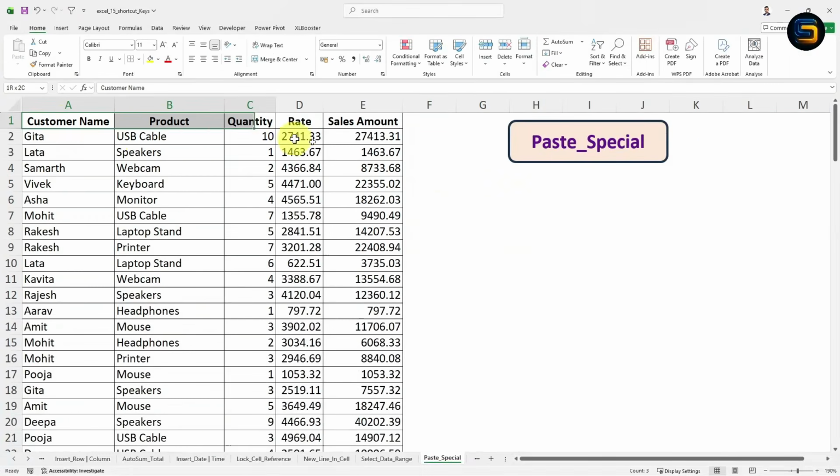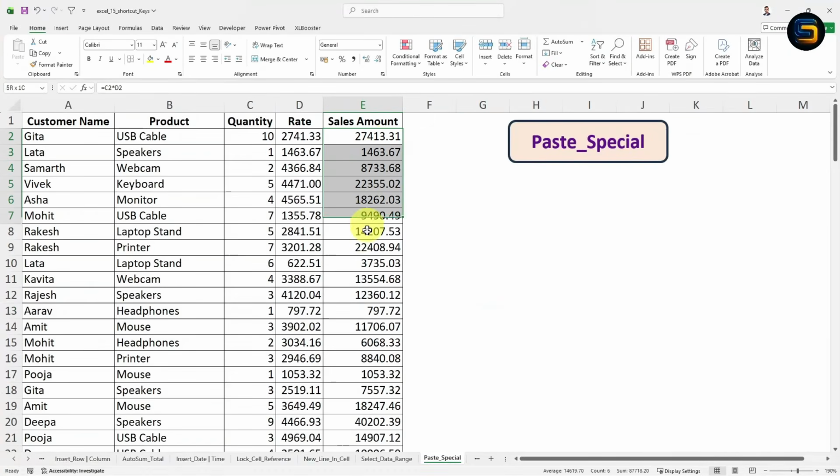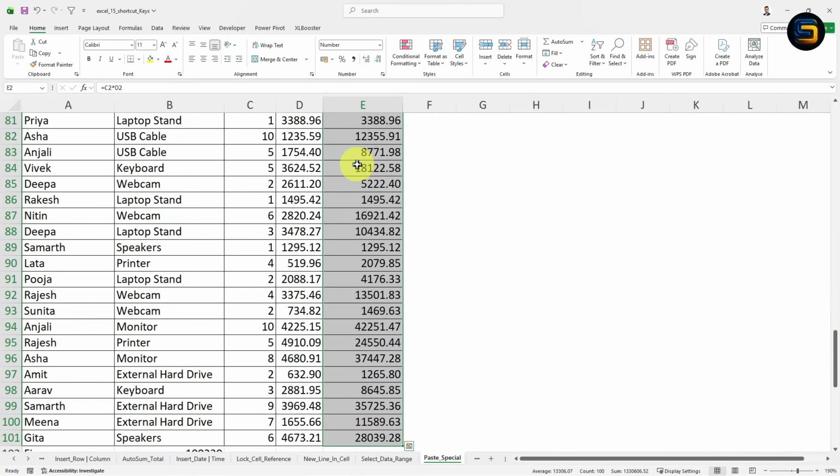Now let's suppose if I share this file to someone else, the person should not see the formula. The person should see only the values instead of formula. Doing normal copy paste will not work. To change the formula into value, you need to simply select the entire data, Ctrl Shift down arrow. In this way you can select the entire column. Now copy the column, Ctrl C on keyboard.